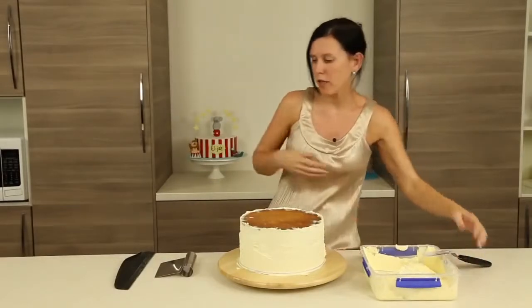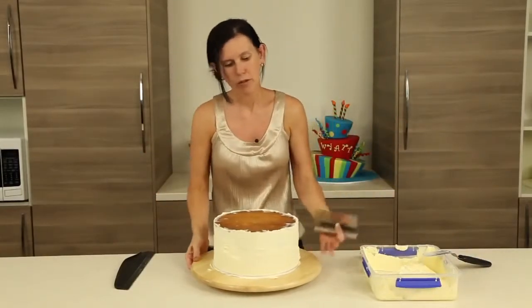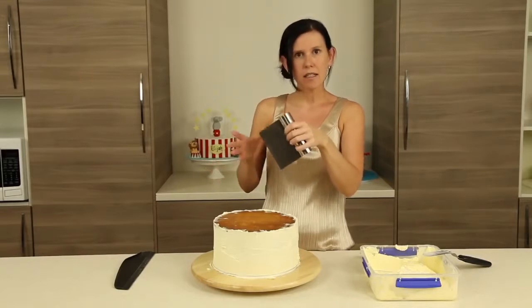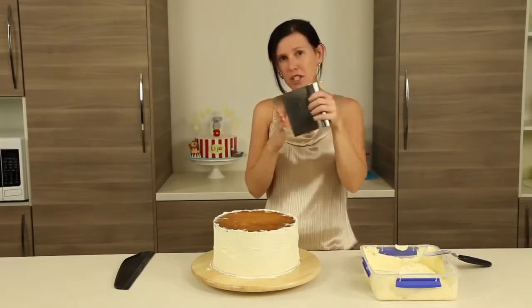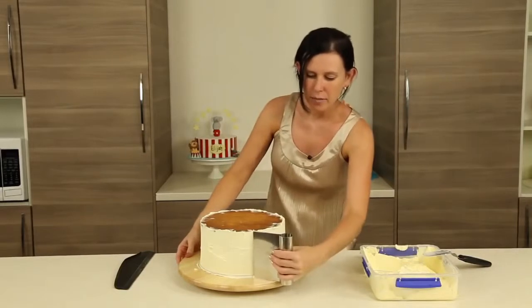Okay, it's time to start scraping it back off again. So I'm choosing to use a metal scraper. I like it because it keeps me nice and straight by having this handle section that's attached, so I can't dig into the top of the cake, which is a really common thing. So if your cakes have a bit of a tenting effect to them, it might just be that you're digging in your top a little bit much. So we're going to come along,